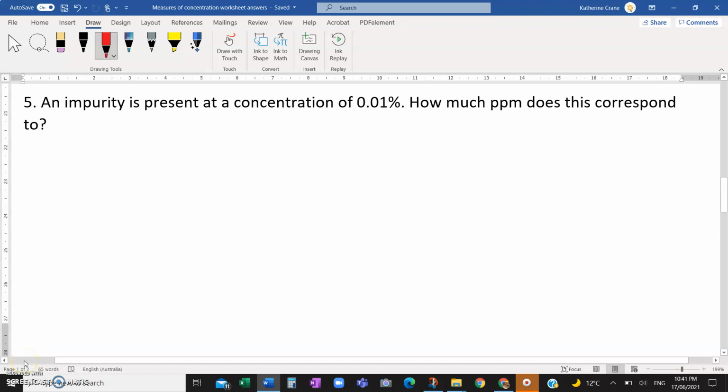Okay, so I'm back again, and this is looking at measures of concentration, and this time we're looking at parts